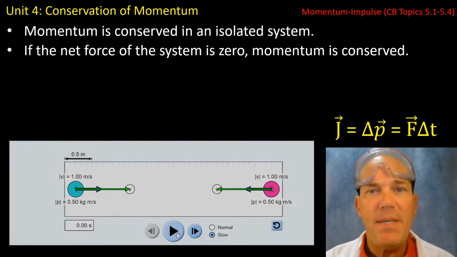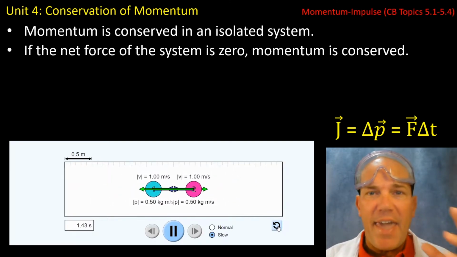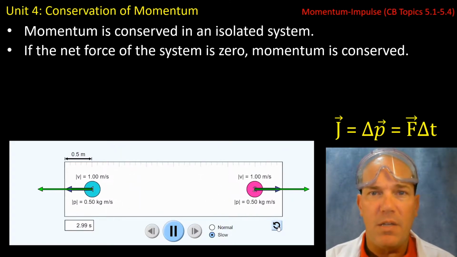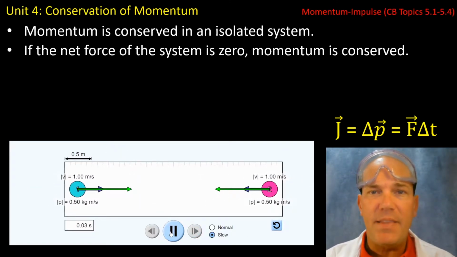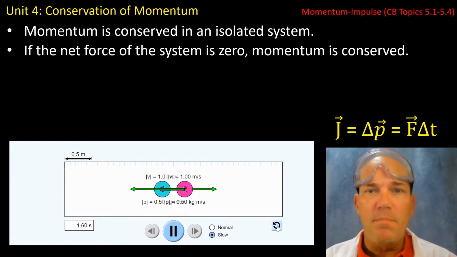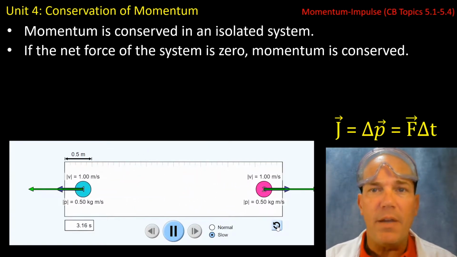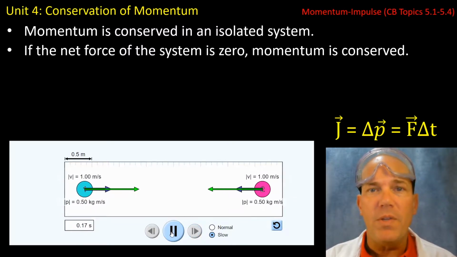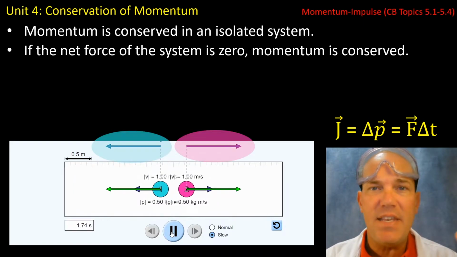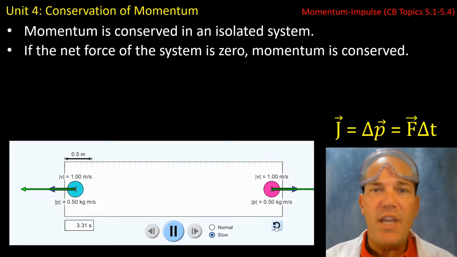Take a look at this PhET simulation you see on your screen, in which a magenta colored ball collides with a light blue colored ball. Please notice that the arrows on each object represent velocity and momentum, where the green arrow is the velocity and the blue arrow is the momentum. Also notice that above each object, after they collide, you'll see another blue arrow representative of the overall change in